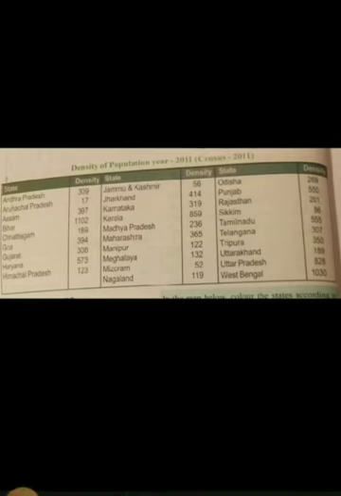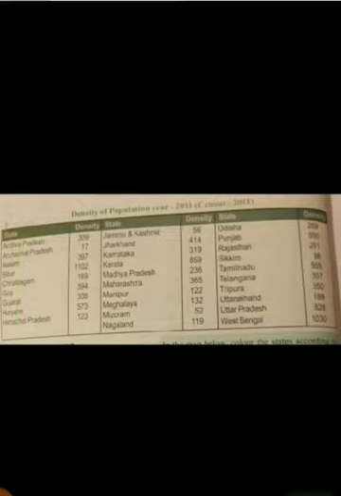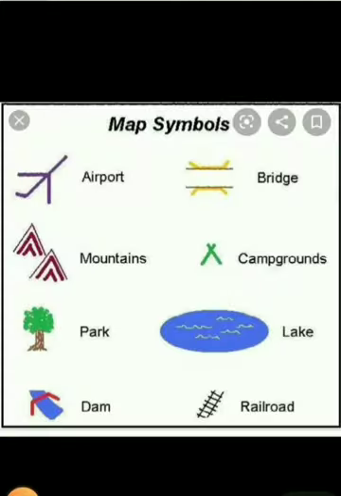The states like Andhra Pradesh, Arunachal Pradesh, Assam, Jammu and Kashmir, Odisha. So different states have different populations, meaning different numbers of people live here, like 309 in Andhra Pradesh, 1102 in Bihar, and we can see West Bengal also, 1030. So the number of people living in these different states or districts is calculated as density of census.